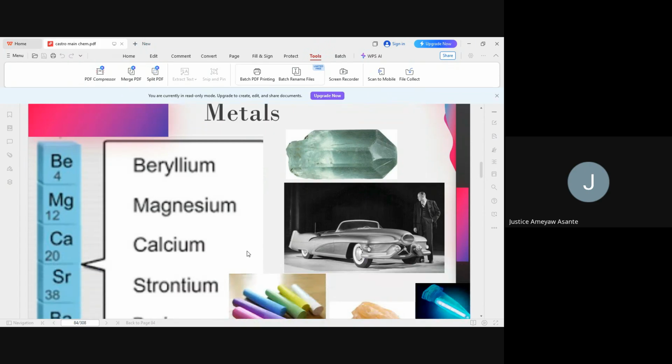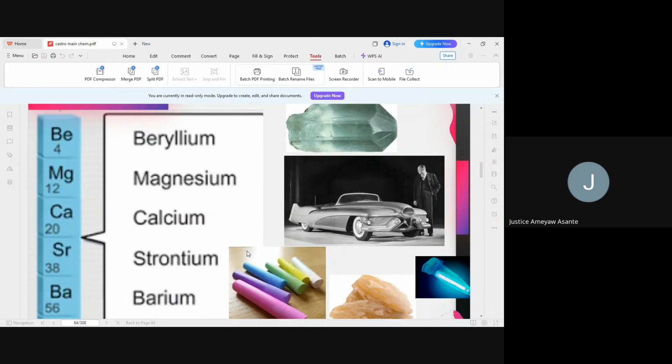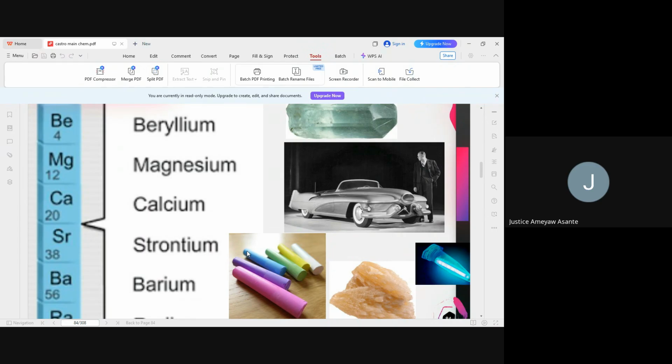What are they? They are group 2 elements. The first one is beryllium. But beryllium is not so much classified as metallic, because it can form covalent bonds with other elements. So you look at magnesium, calcium, strontium, barium,